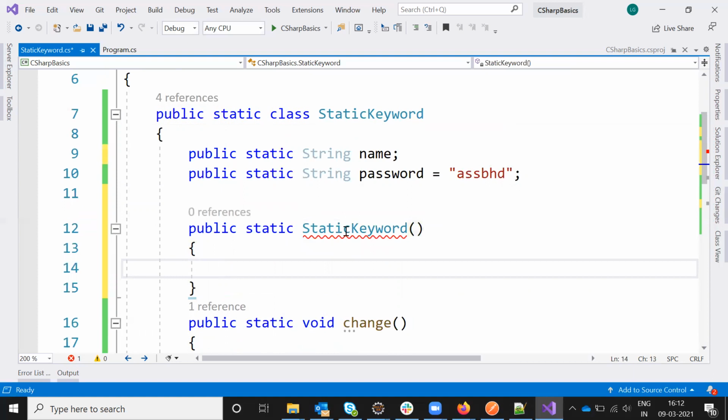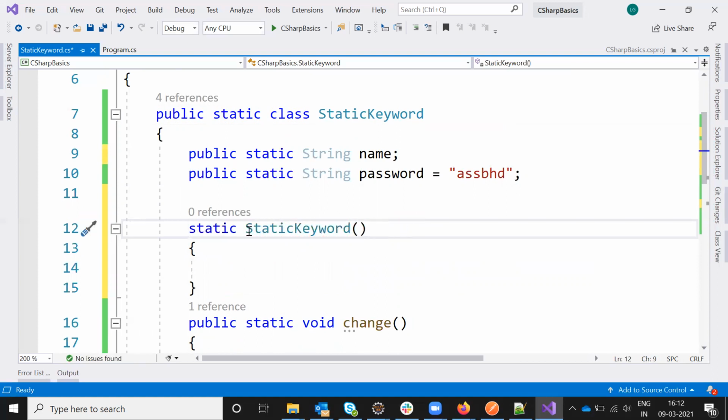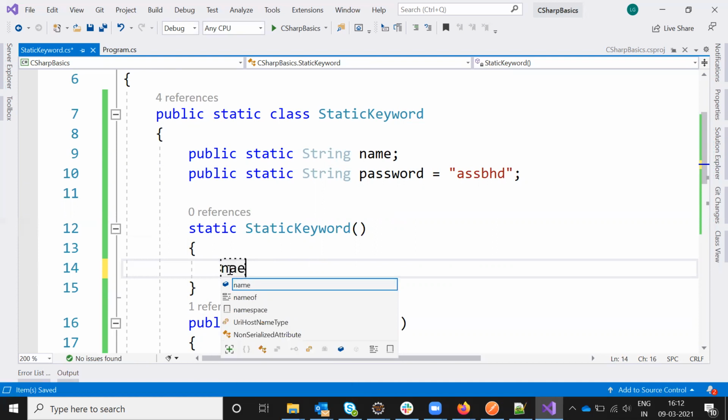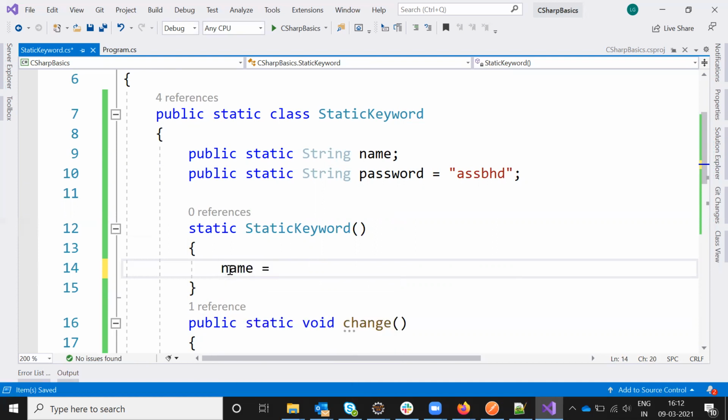This way we can create a static one. Access modifiers are not prefixed to a static constructor. This way we can access, and we can change the password again. We can use password value or name, anything you can provide. Name equal to something, abcd, like this.